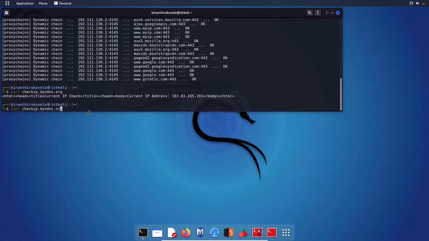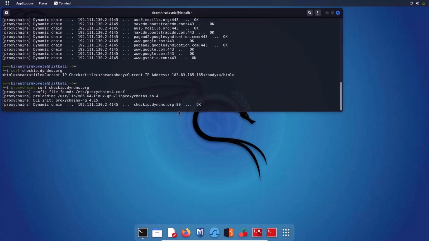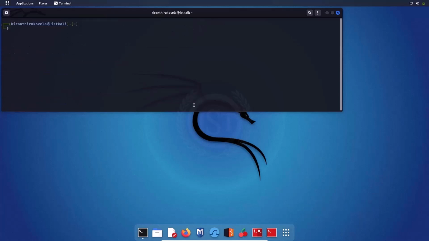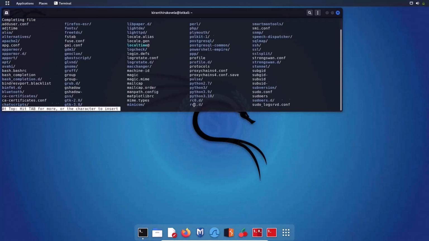If I use proxychains in front of this command, I'm going to connect to this website checkip.dyndns.org using this proxy server IP, which is 192.111.130.2, and as you can see, the current IP is 192.111.130.2. As said, we have only one IP in the list. Now I'm going to open the file and uncomment the remaining 2 proxy servers in the list. Sudo nano /etc/